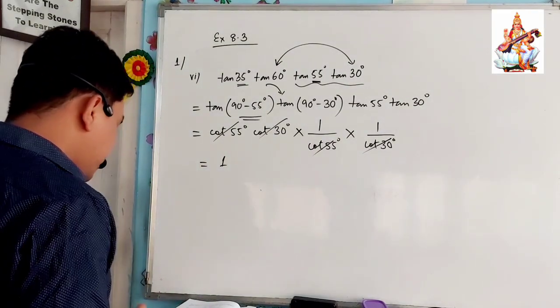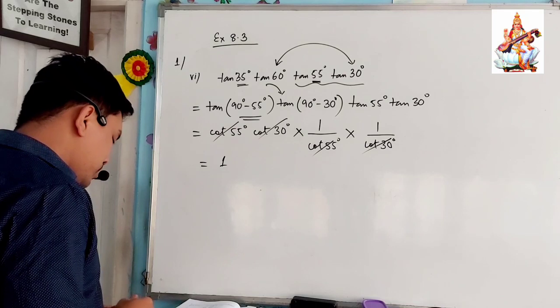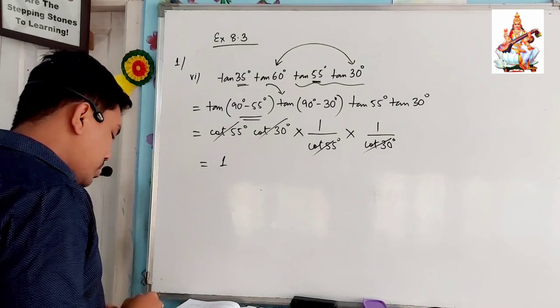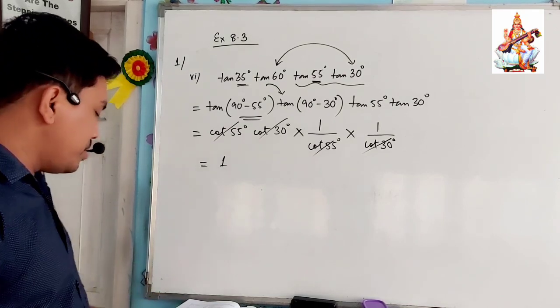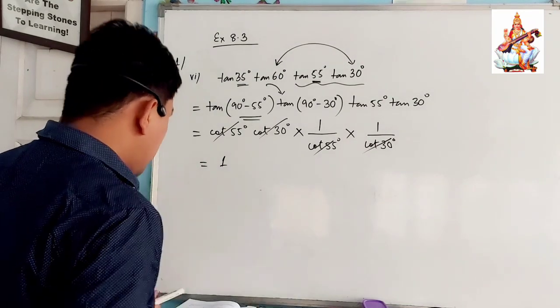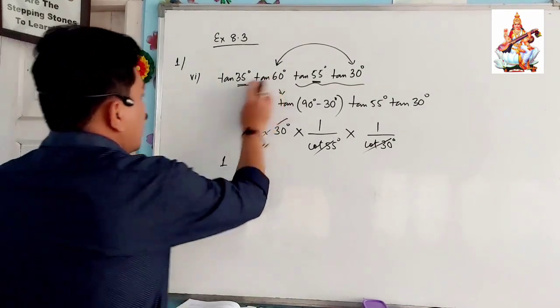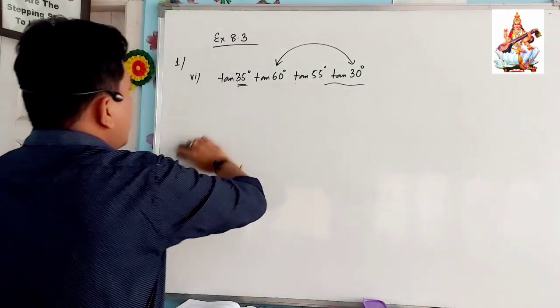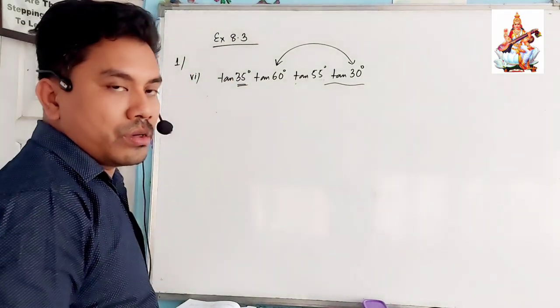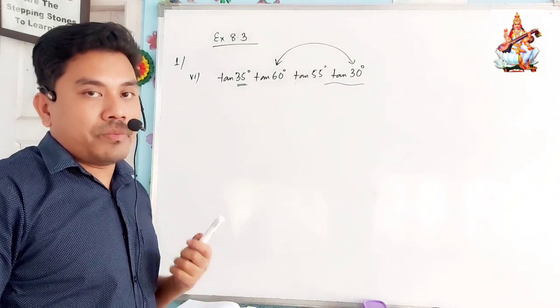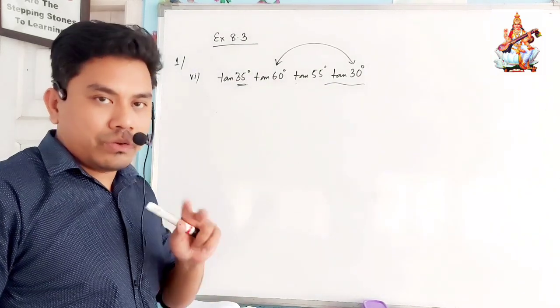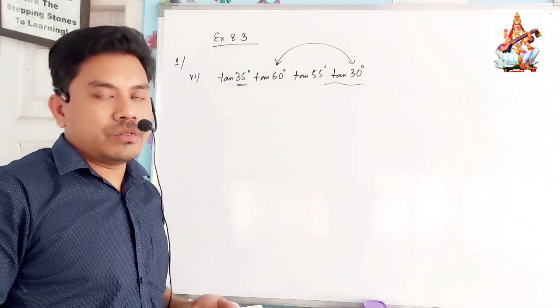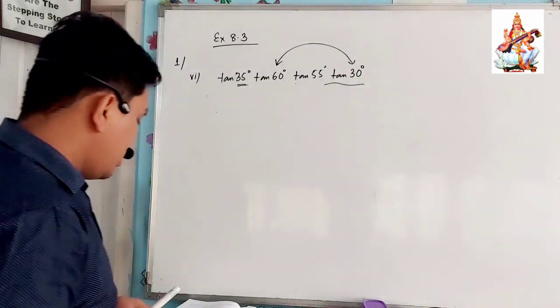So now number 6. Number 6 we have done. Number 7 also, it is very simple. You try it by yourself. Okay. You will see that the first 2 terms will be cancelled and you will be getting 1 and 1 from each. Okay. In between them, what is there? Plus is there. 1 plus 1 will be what? 2. 2 minus 2 will be what? 0. And finally your answer will be 0.